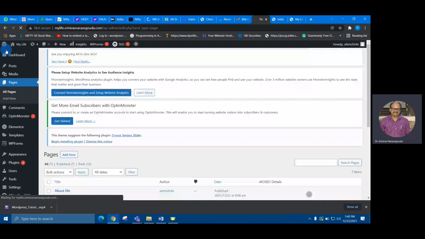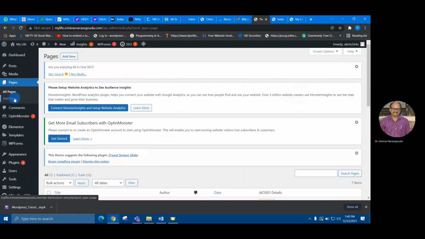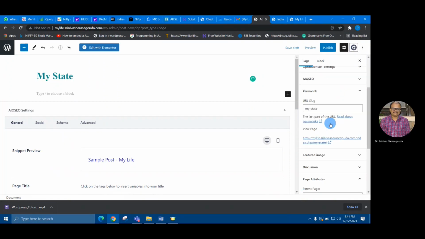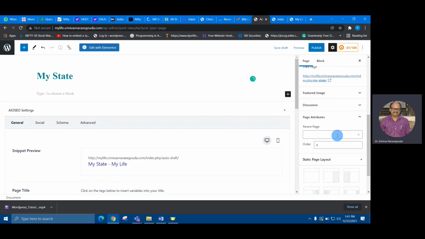I'll create one more, and I want this my state to be inside this travel. In the page layout, I have to select and then publish.